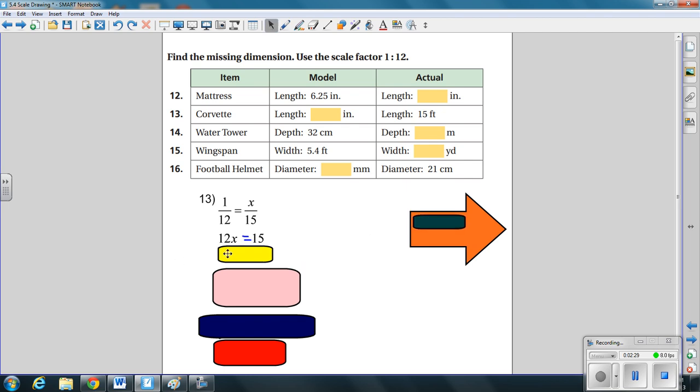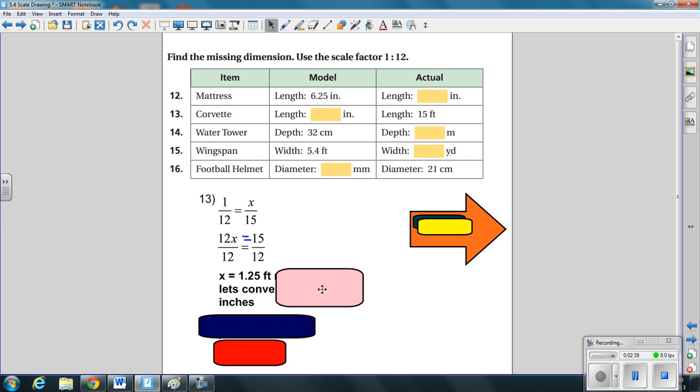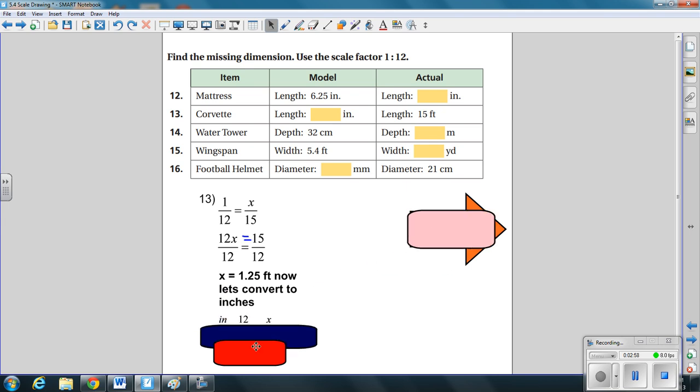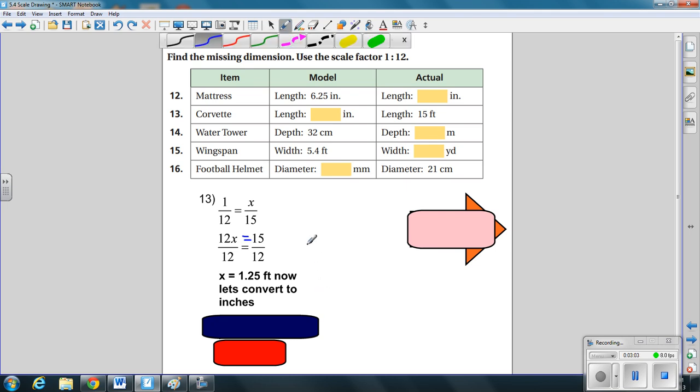And I want to isolate this variable, so I will divide both sides by 12. And if you take your calculator and do 15 divide 12, you get 1.25 feet. But if you look at the problem here, I want this number to be represented in inches. So what I need to do now is convert to inches. I know that there are 12 inches